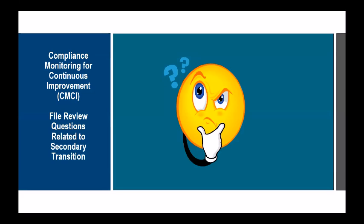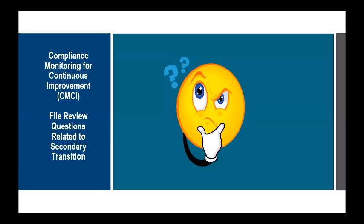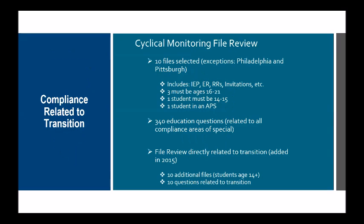So you might be thinking, we're going through cyclical monitoring for continuous improvement. What are the file review questions that are related to secondary transition, and what does that process look like? Next slide. Perfect. So in your cyclical monitoring, you will be required to submit 10 files selected with the exceptions